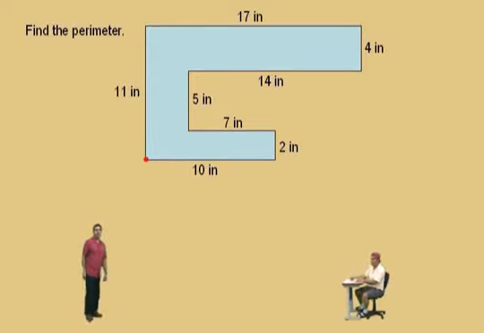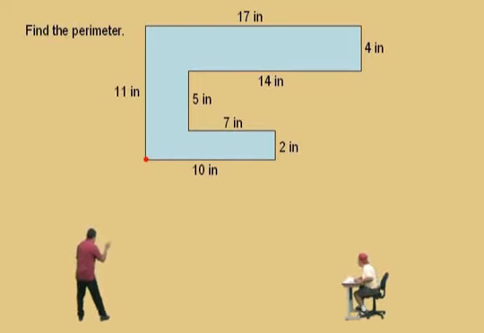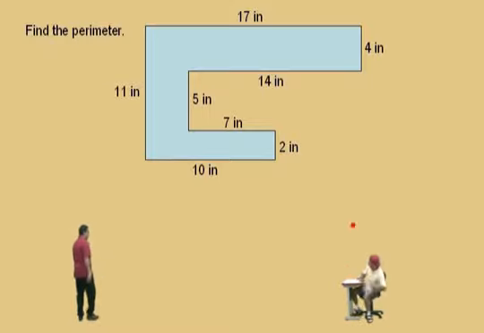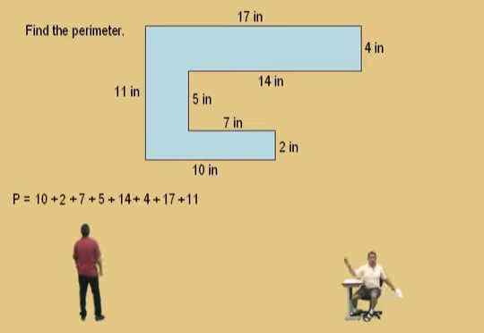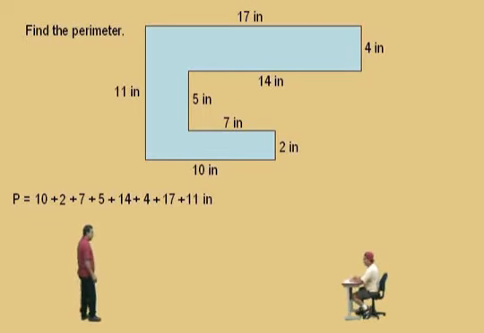Oh, I'm sorry, that was too fast. Okay, keep your eye on it, Charlie. Don't take your eye off it. Watch it now. Go real slow. Okay, you ready? Don't take your eye off. Here it comes. Anyway, let's add up all our numbers together. Here we go. If you add them up in that path, you should have a 10 plus a 2 plus a 7 plus a 5 plus a 14 plus a 4 plus a 17 plus 11